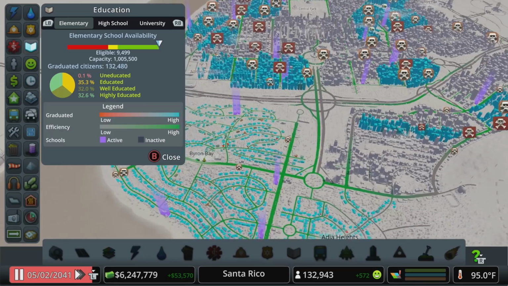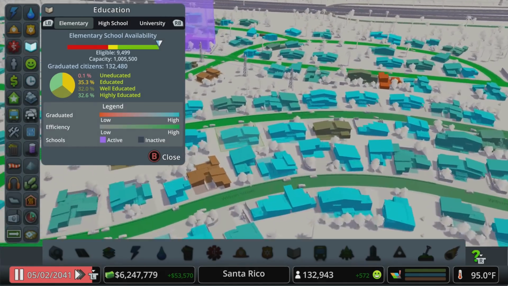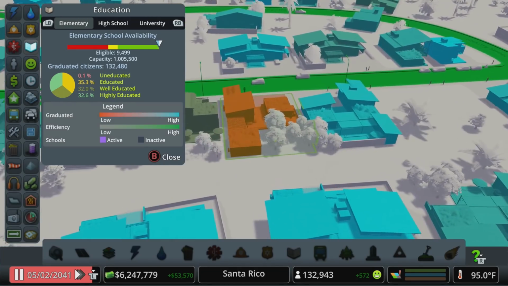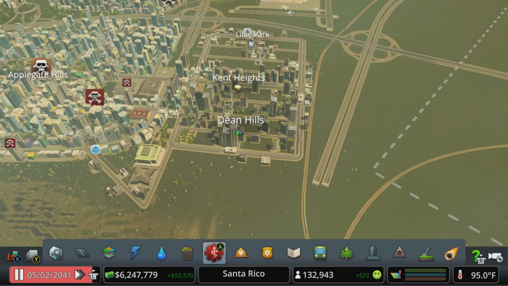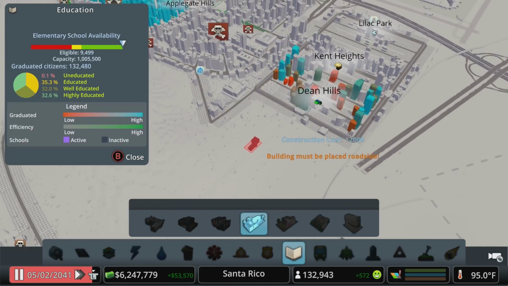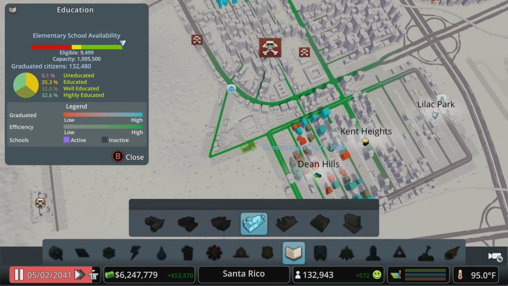You can see kind of who's graduated, who hasn't. A high percentage of graduation are these light blue buildings. A low percentage could be just people that moved in and haven't graduated yet. But you definitely see a higher concentration over here. So let's throw a couple education buildings so that people have nice, easy access over here in our newer neighborhood. I'm going to throw these kind of off to the side. That should cover...